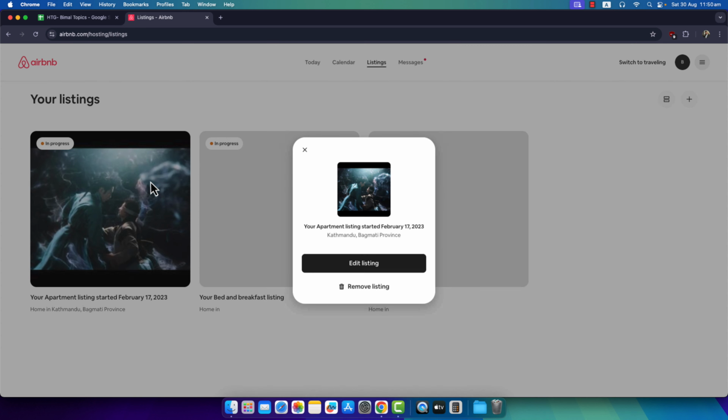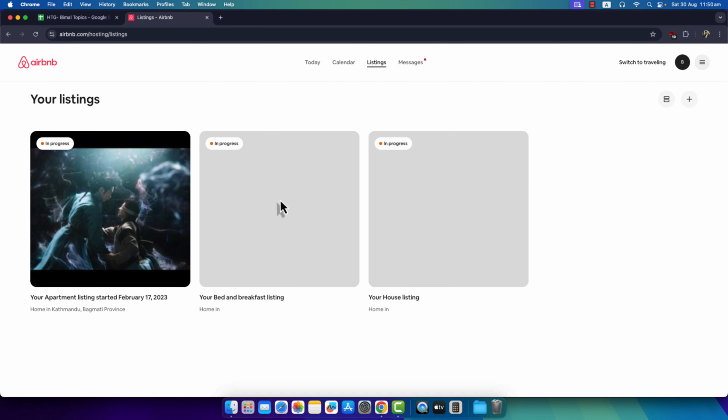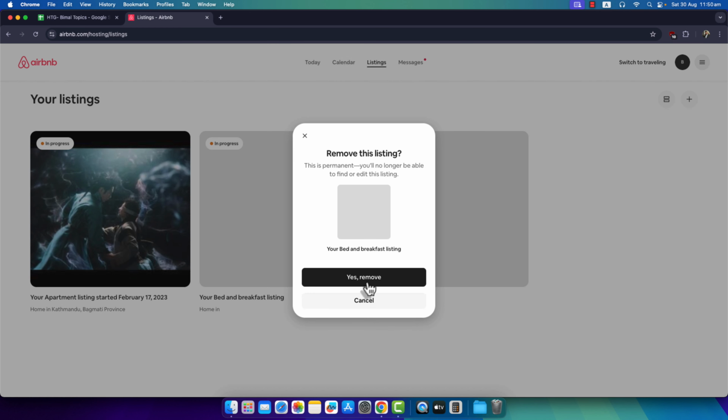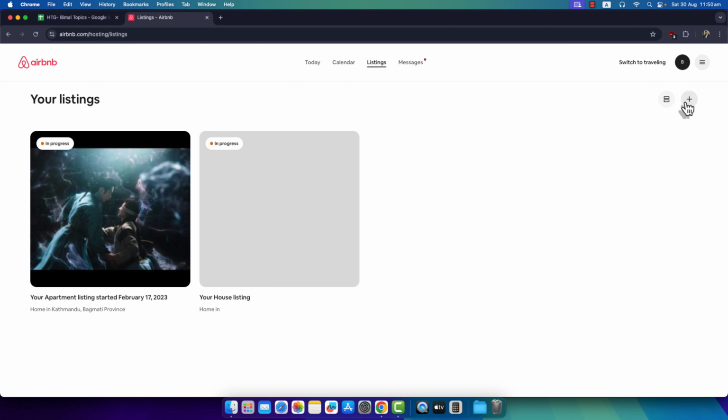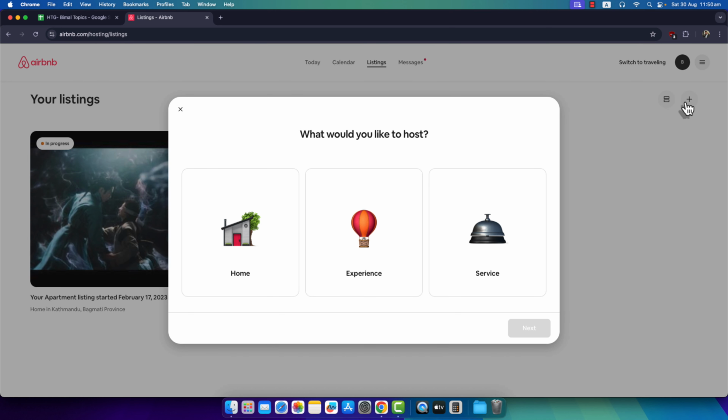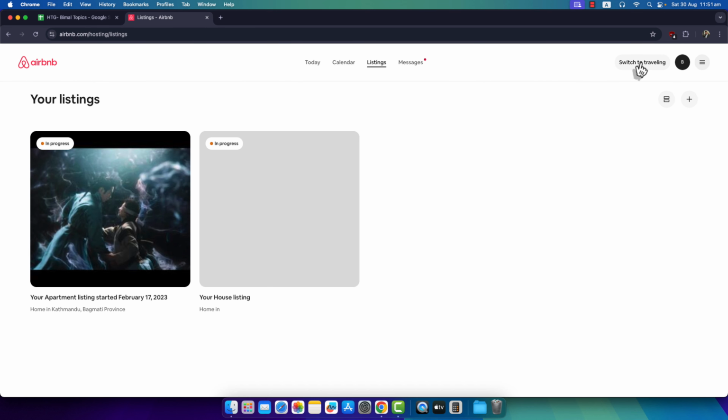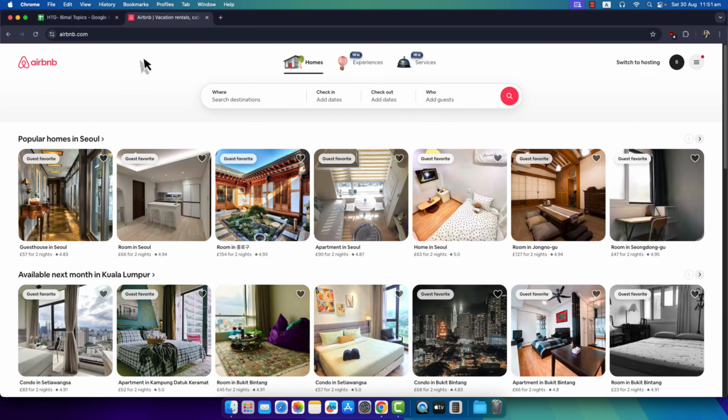If you want to get rid of a certain listing, you can click on that listing and click on the remove listing button. If it is not really ready for you, you can go ahead and click on the remove button. And if you want to add a new listing, you can always click the plus icon, whether you want to host a home, an experience, or a service. And this way you can basically organize your files or your